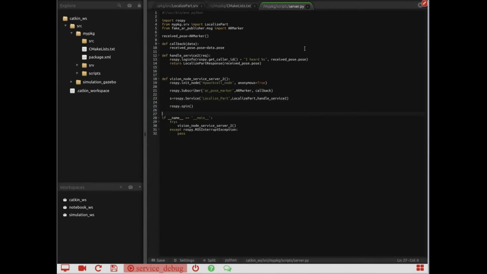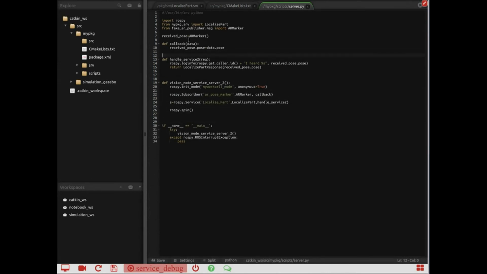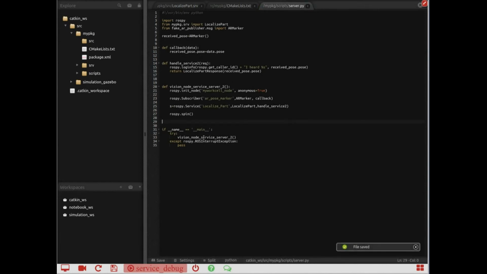Okay, now it's easier to understand. So we start here calling this function vision node service server 2. We are initializing our node, myworkcell node, and subscribing to this message, AR pose marker, that's the name of the topic, and the kind of the message, and assigning to this callback to do something with this message. Okay, so they are putting the value of the message to this variable called receivePose,